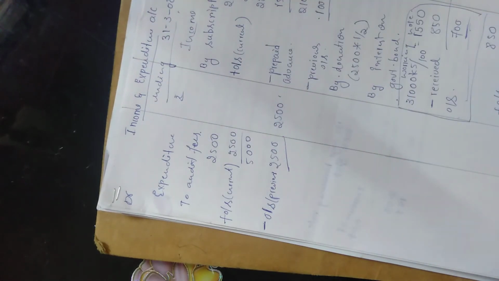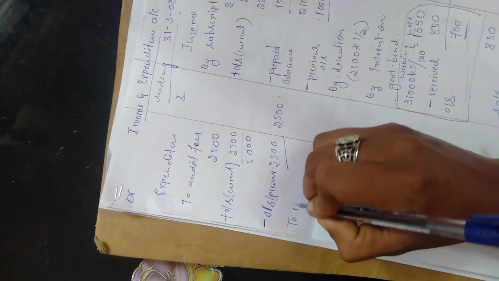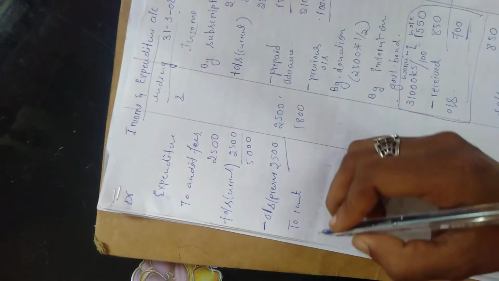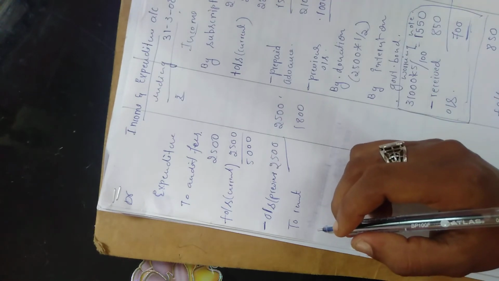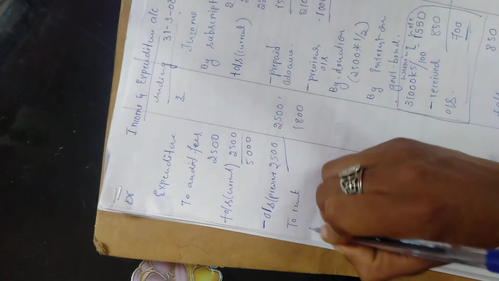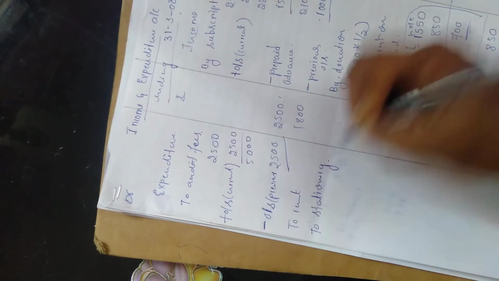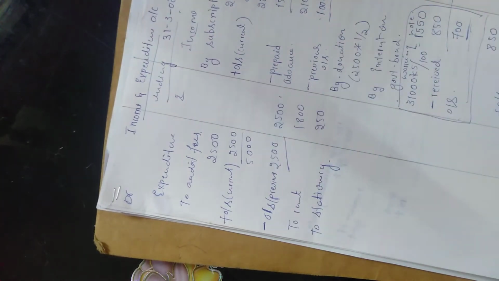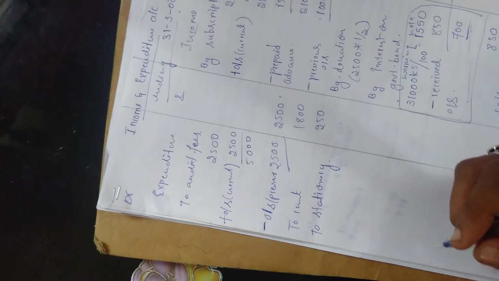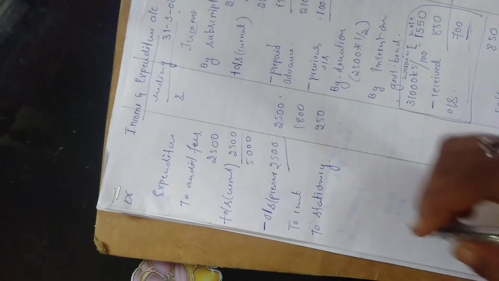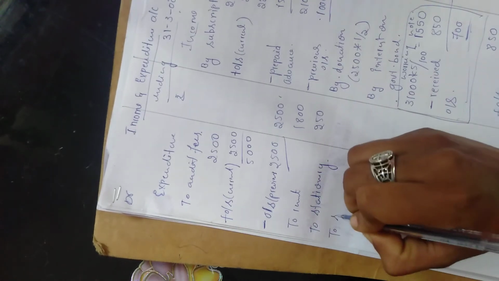Then next, rent. There is no adjustment related to rent, right? As it is, that is 1,800. Then maps, no, this particular item is an asset. Then stationery, there is no adjustment related to stationery, right? As it is. Then salary, whether there is any adjustment, no, right? To salary